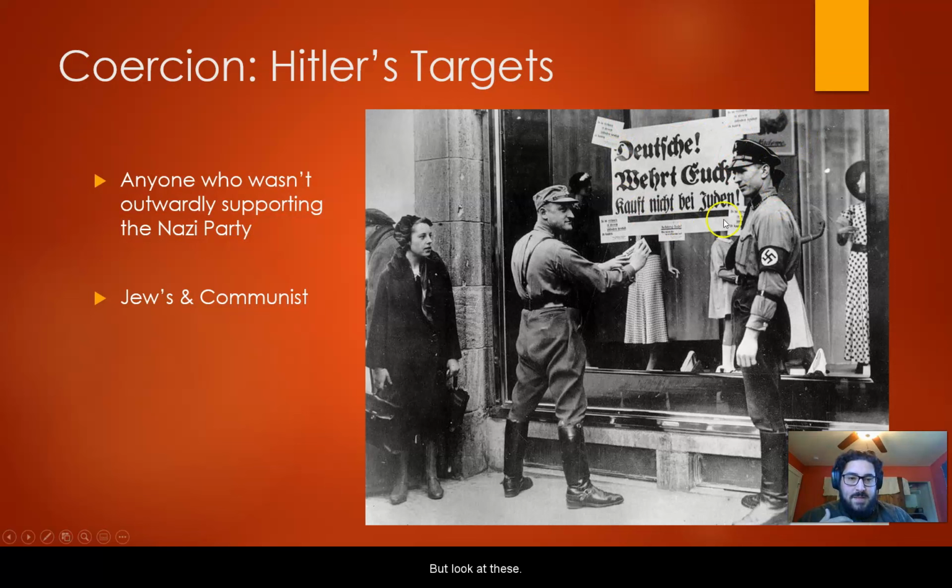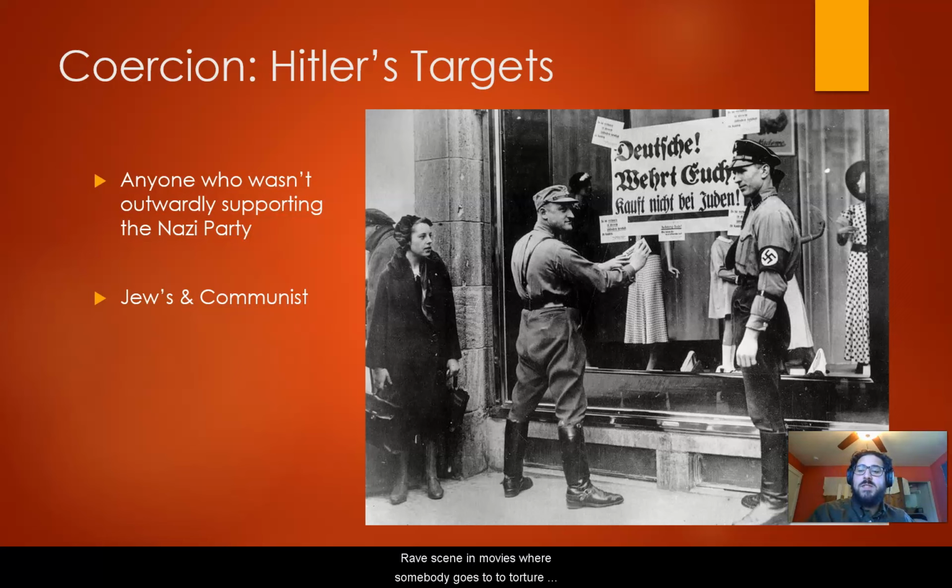But look at these men. They are posting this sign in full military style regalia. And look what this woman is doing. Look how clearly she's getting the message of, if I support here, then these guys might do something to me. Coercion, violence, and threats don't always have to be vocal. Don't always have to be physical. It could be very simple things like this.